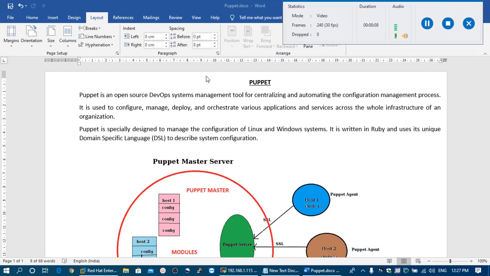Friends, in today's tutorial we will study the configuration of Puppet Master and Puppet Client in our Red Hat Enterprise Linux 7 or 8 servers. So before proceeding further, let me give a brief introduction of Puppet, what is Puppet and why we use it